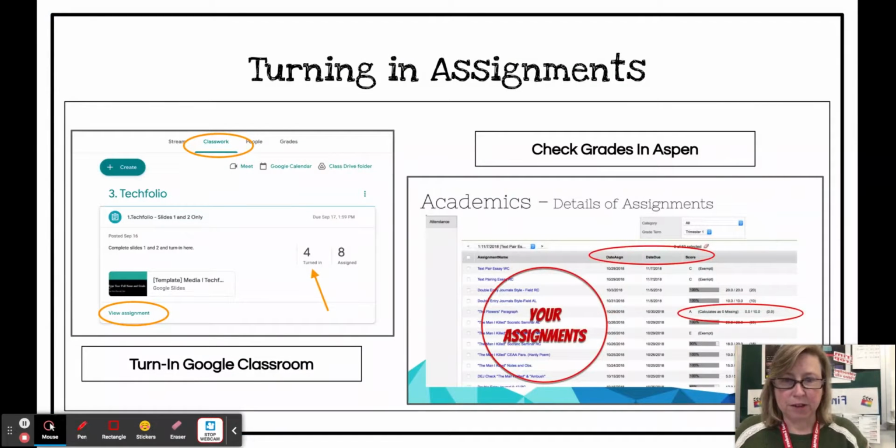And again, this is just a shot of turning in their assignments, double checking their work to make sure it's not missing if they think they turned it in but they didn't. If they haven't turned it in and have not completed the assignment, it will show up as an NTI, not turned in, in Aspen, and that calculates as a 0. Again, I'll put notes in on Aspen, and students should be able to complete work even if it's late to get it in.